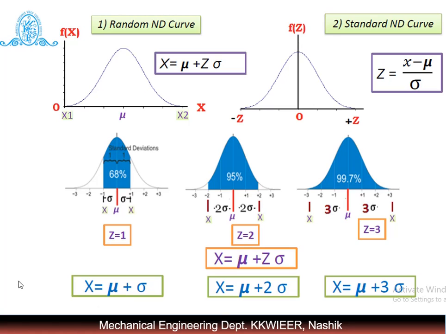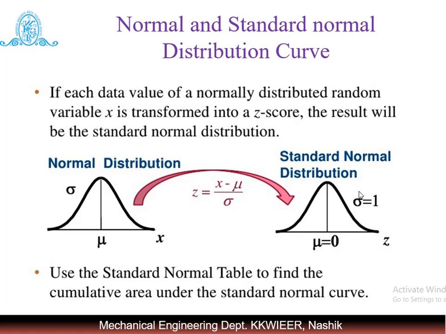So there are three limits: the 1 sigma limit, 2 sigma limit and 3 sigma limit. We can say the popular word, the 6 sigma limit: plus 3 sigma and minus 3 sigma, the total is the 6 sigma limit. The designer may prefer to use it and give flexibility to the operator while manufacturing or designing the object, so 6 sigma is also a limit to minimize the rejection.